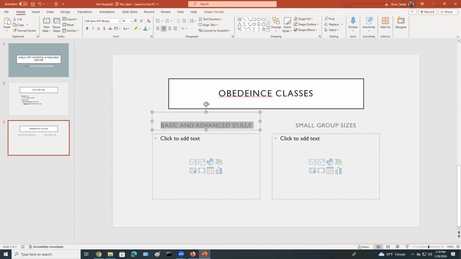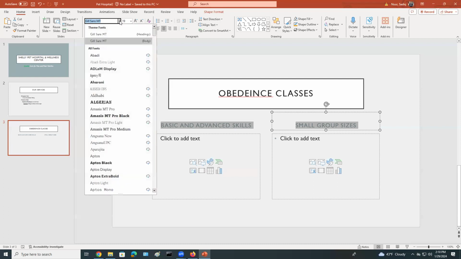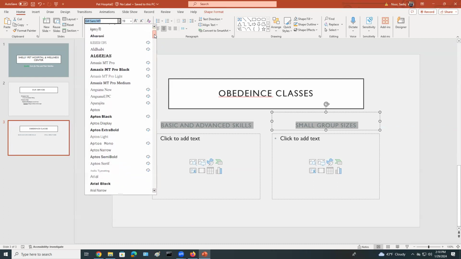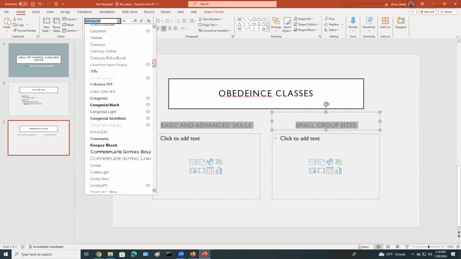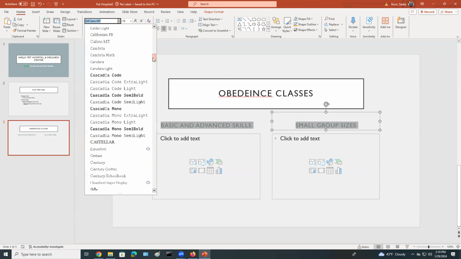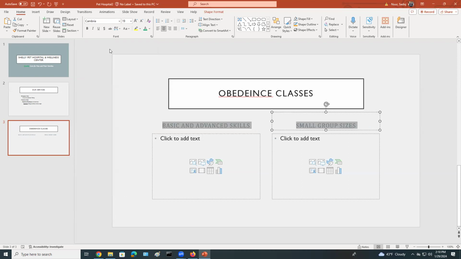So do it again, highlight, hold the control key, and highlight the second title. Go back to the Home. It says now under the font, it says Gill Sans. So click here and then look for Cambria under the C. Cambria. So click on it. So once we have changed to Cambria,